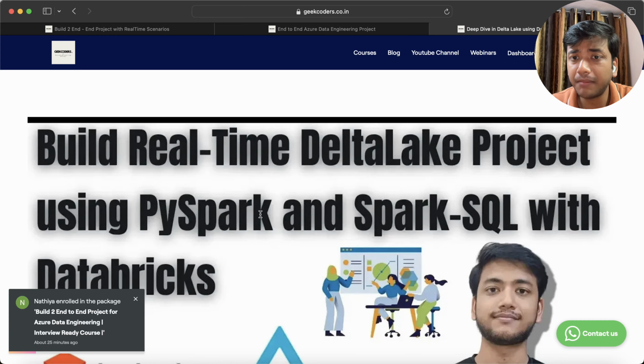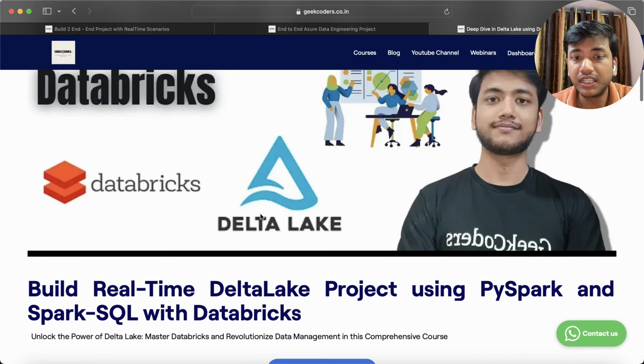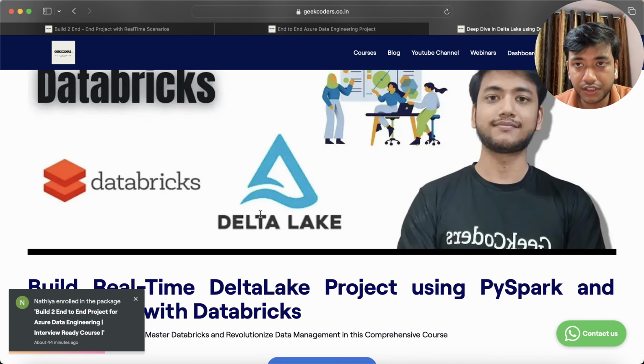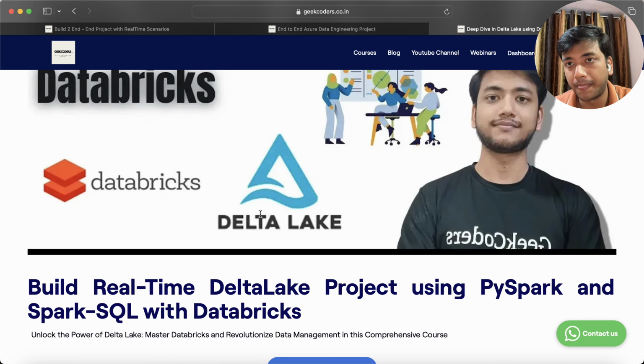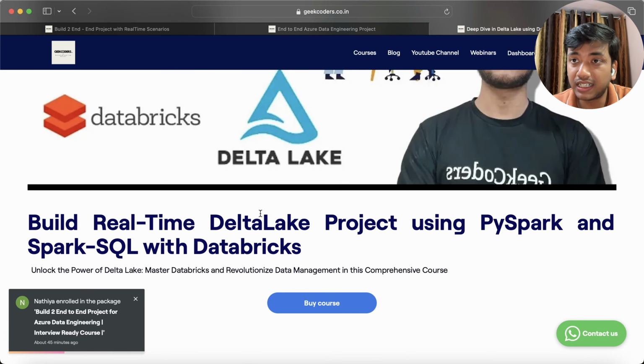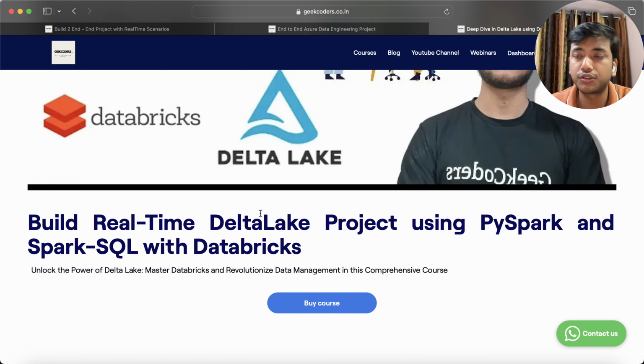Build a real-time Delta Lake project using PySpark and Spark SQL. See, nowadays 80-90% of organizations who are using Databricks are working on Delta Lake only. They are not using managed tables and all. They are using Delta Lake nowadays. So a Delta Lake or Delta table can be made on top of blob storage, on Data Lake